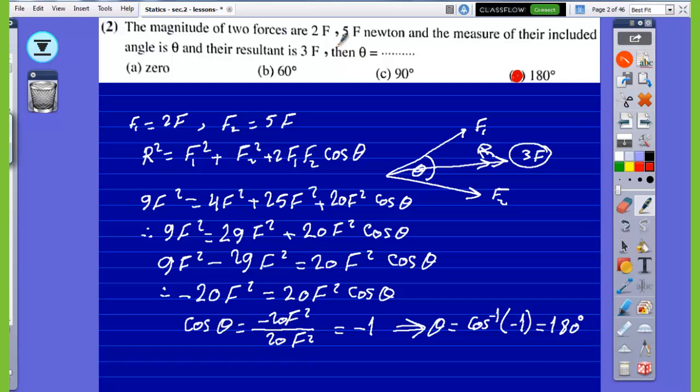and the resultant is 3F, which is the absolute difference between them. So they are in two opposite directions, and the measure of the angle included is 180. But if you wanted to solve it in steps, there are the steps here. If you wanted to solve it directly, you can choose